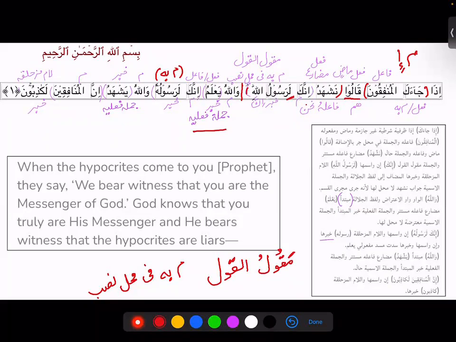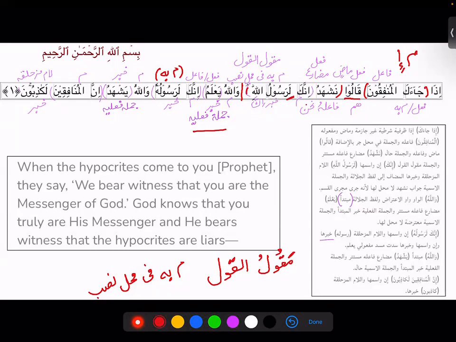And inna is harf tawqid wa nasb. And it's also innal munafiqina, so it's also mubtada. So munafiqina is what? Inna is harfu nasb wa tawqid, and munafiqina is ismu inna. So together they are making mubtada, not only inna, right? Yes, and fi mahalli nasb because of ismu inna. Okay. And lakazibun,